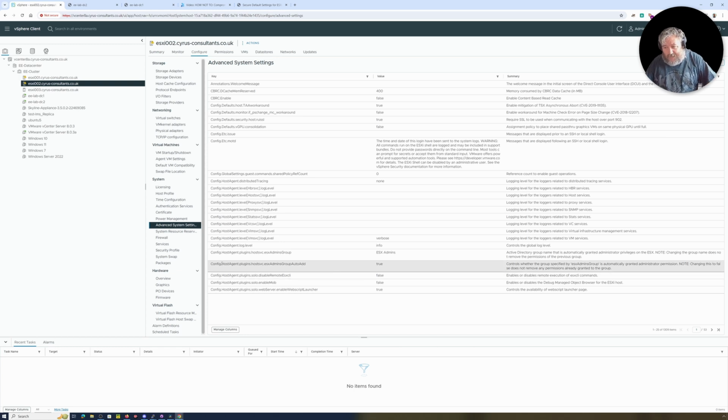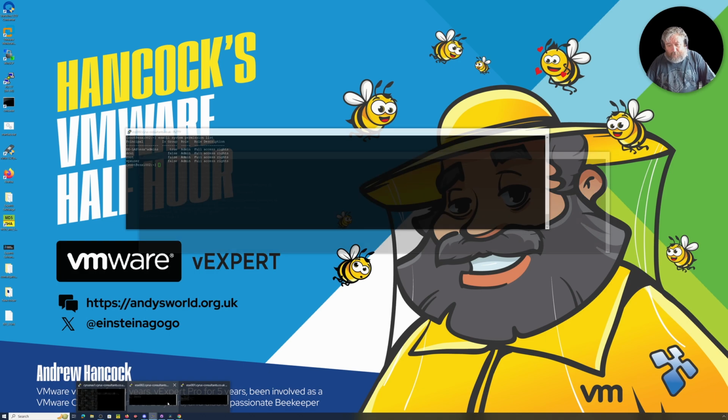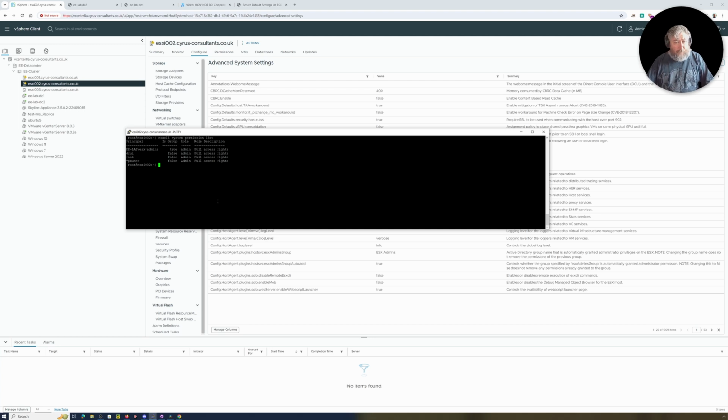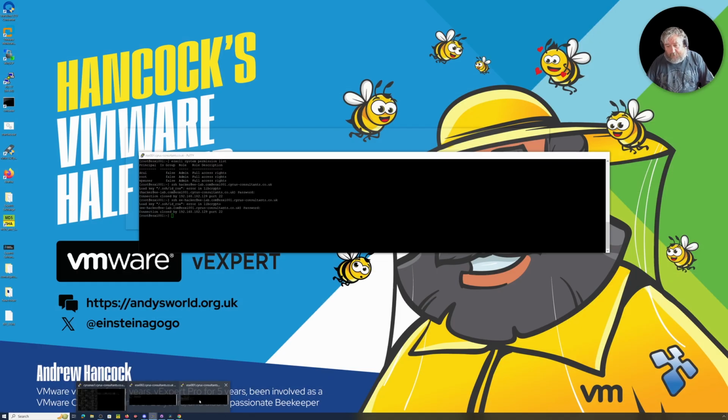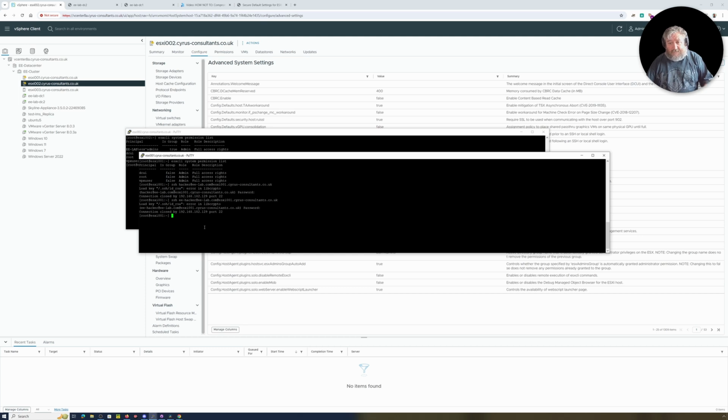So you can see there the config.hostagent.plugins.hostsvc.esxAdminsGroupAutoAdd. The bad function of auto adding the group to permissions of your host, I've changed to true, so that it would add that group to our configuration. And now, I'll go back to our ESXi host here. If I now go back to our hacker account, and do an SSH hacker at ELAB to ESXi 002,